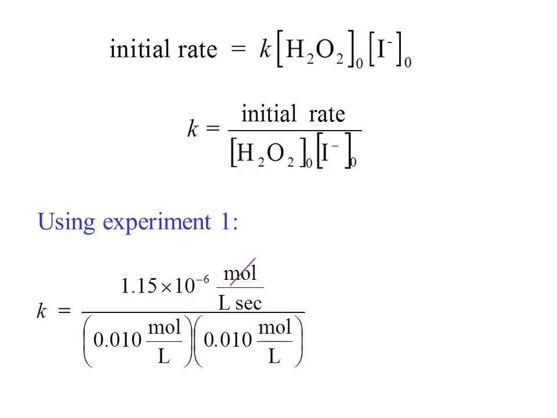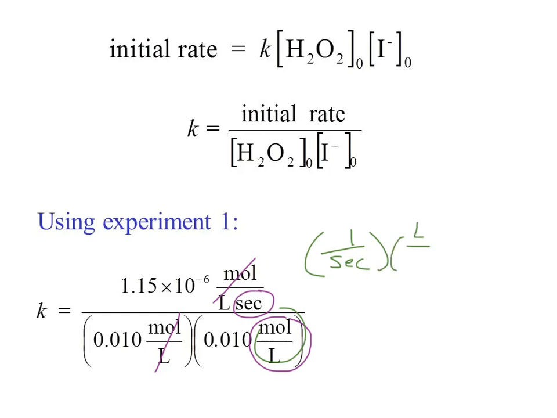Moles per liter cancel, and we're left with still 1 moles per liter in the denominator, and we have units of time in the numerator. So basically, in the numerator we have 1/seconds, and in the denominator we have moles per liter,